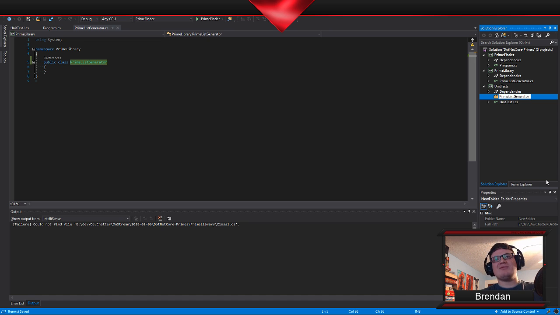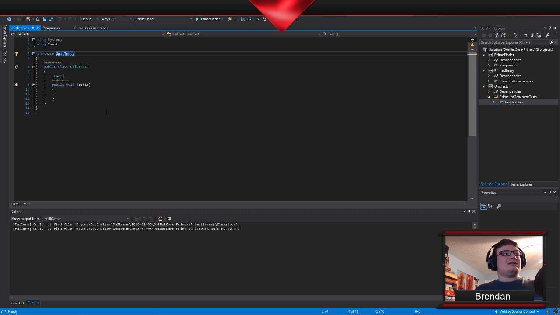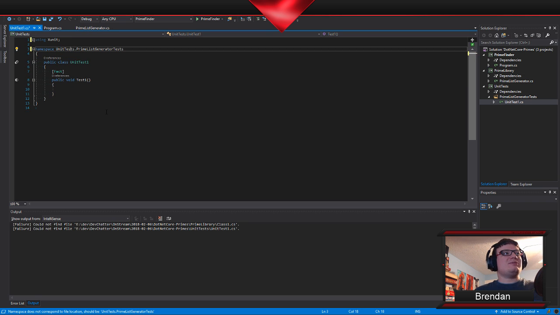So I'm going to make the prime list generator tests folder, because if this were continuing on, we'd refactor it later, but for now I think it makes sense. Inside of this, I'm going to put my initial unit test class, because why not? And then I am going to fix this namespace and change the test.